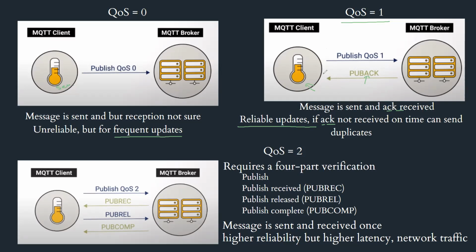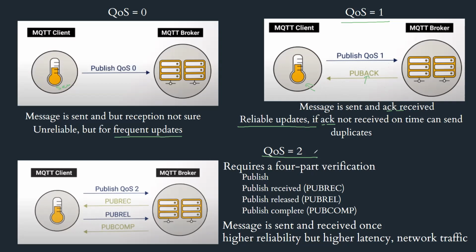However, we can ensure that the MQTT broker will receive the data. Until we get the acknowledgement, we will send duplicates of the data. In this case, it is good, but sometimes if we don't receive the acknowledgement on time, we will have to send duplicates. So there's the third quality of service level, which is QoS equals 2, which